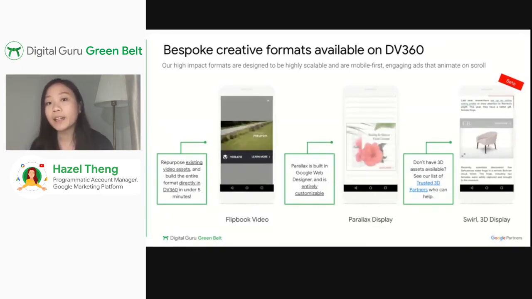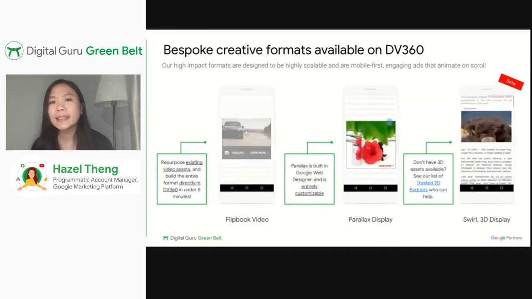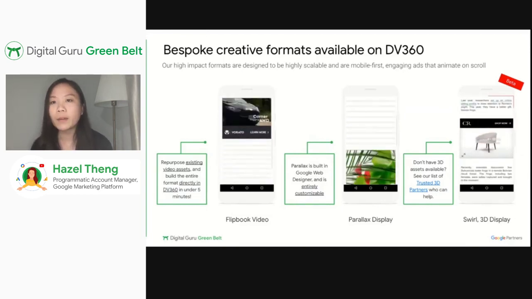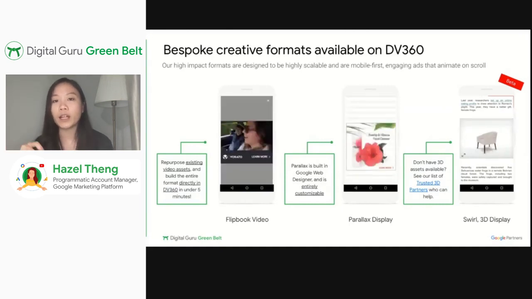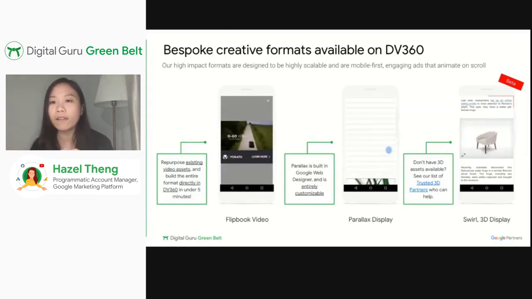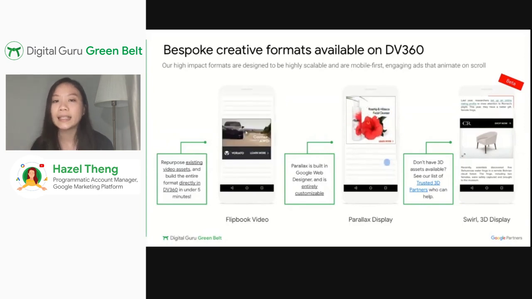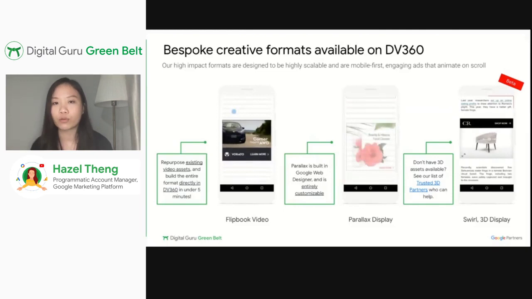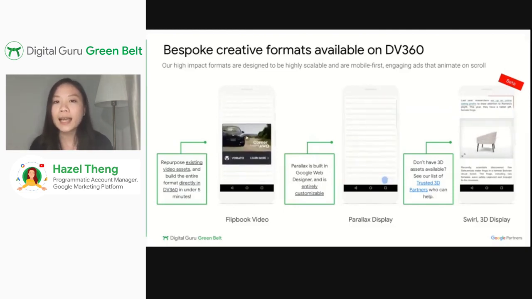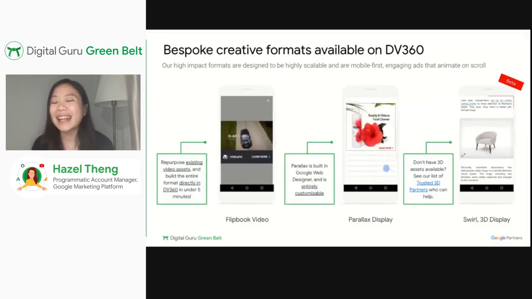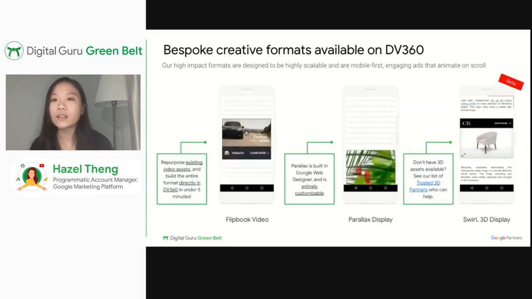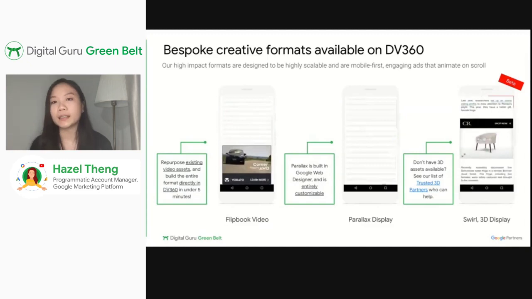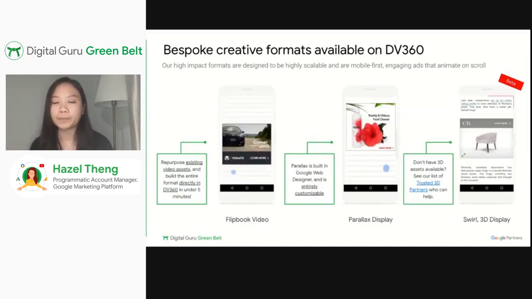Parallax is captivating because it creates the perception of depth, which comes from having multiple images put on top of one another and having the images move at slightly different speeds, all paired again with the user scroll. So parallax ads can be built with any number of creative layers on Google Web Designer and can be fully customized via Google Web Designer.